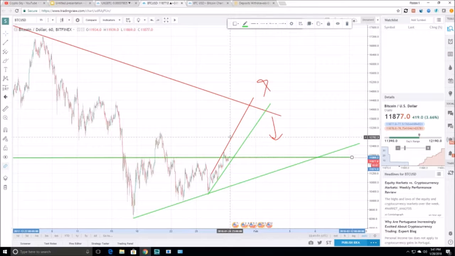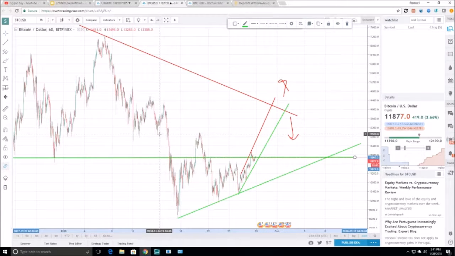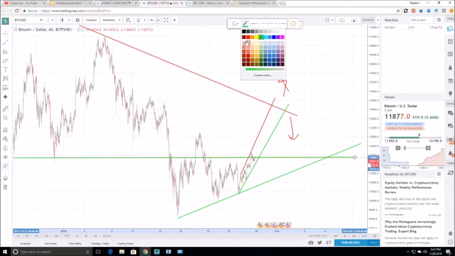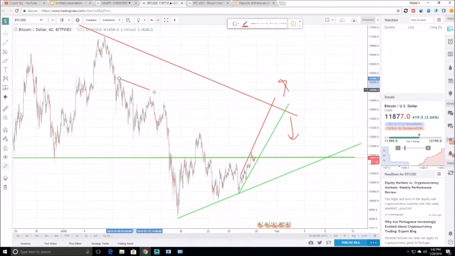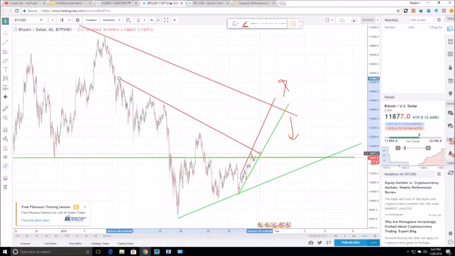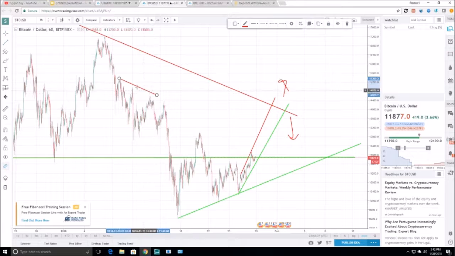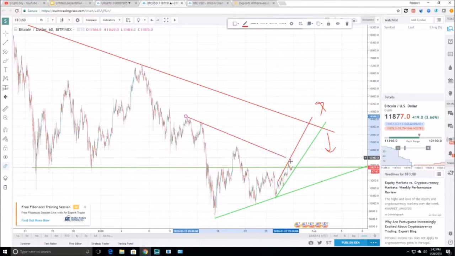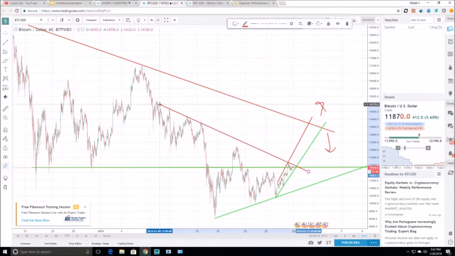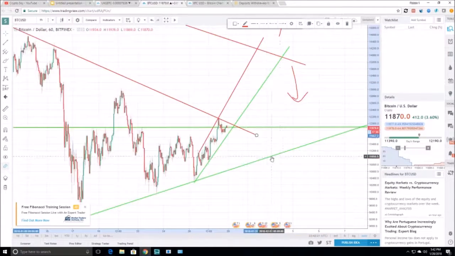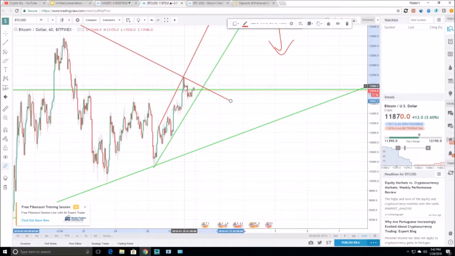But I also see, looking at this, another line of resistance, which this is about to hit. Actually, oops, don't want it there, I want it here. There we go. So I see something like this. And obviously that's not perfect, but I see another line of resistance right here, and see it hit right here,